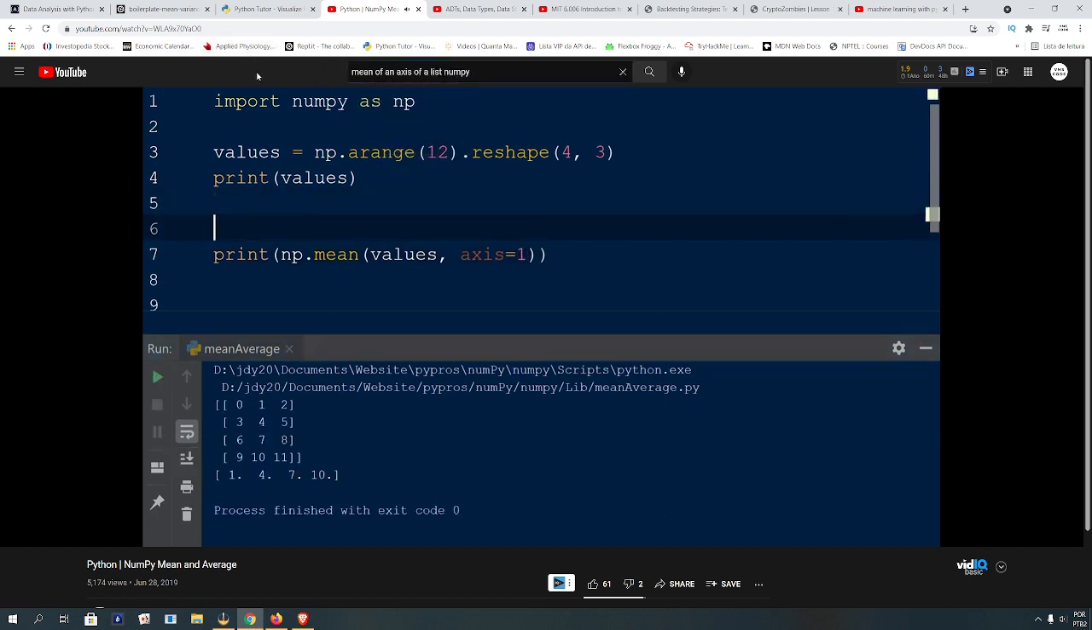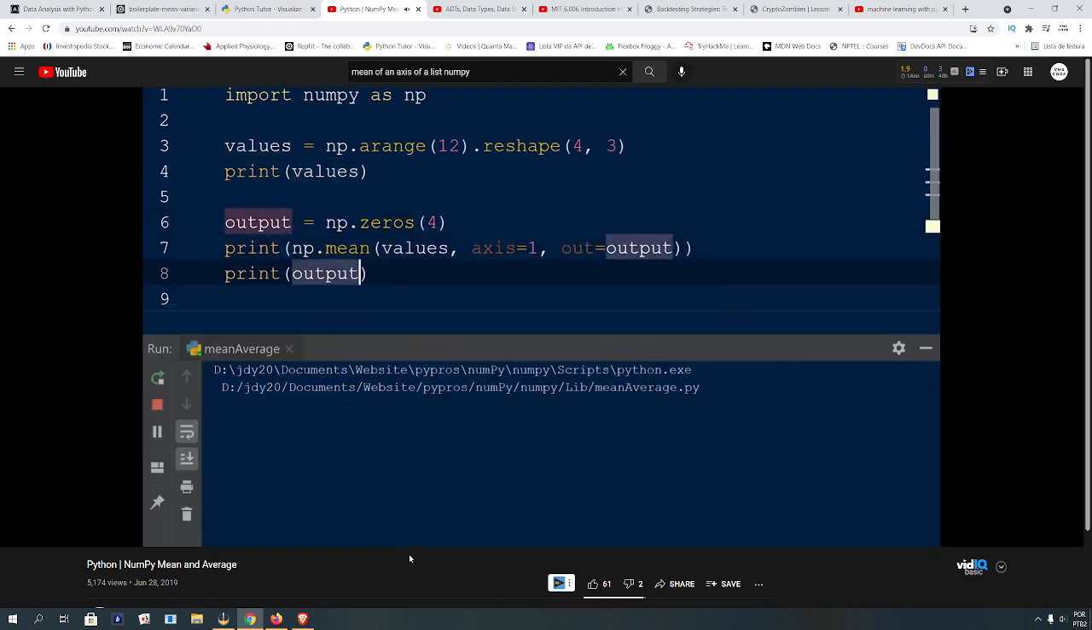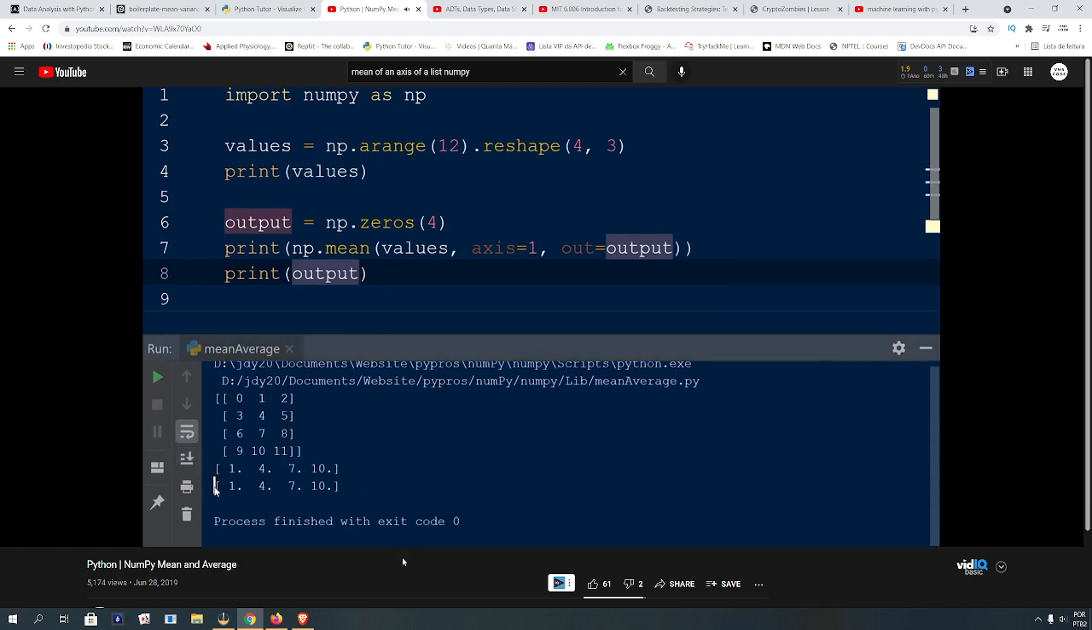We will create a new variable called output above the mean function and set this equal to np.zeros, with the integer 4 passed as the first argument to the zeros function. Now we will add the out keyword to the mean function and assign the new array output to the keyword. When the output array is printed to the console, the results from the mean function are output to the new array. The average function is very